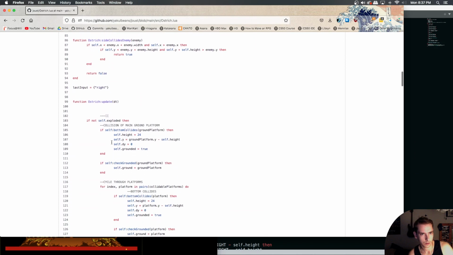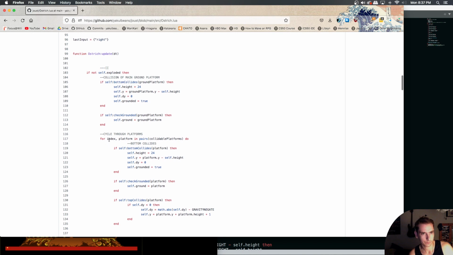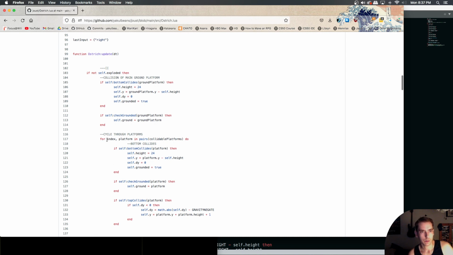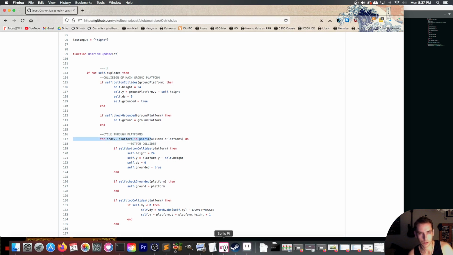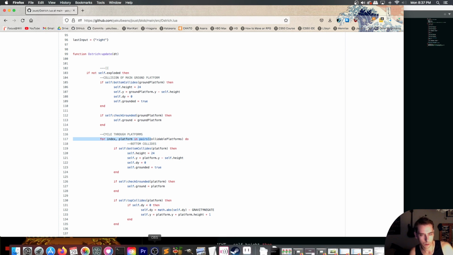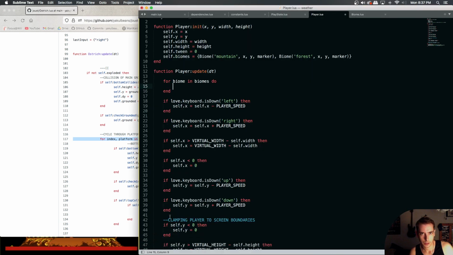Like here. Pairs, that's what it is, gosh. So you say for key, comma, index in pairs, and then give a list of pairs or a table. Then it would be the index and the value. So here we would say for biomes, so for index, value in pairs self.biomes,